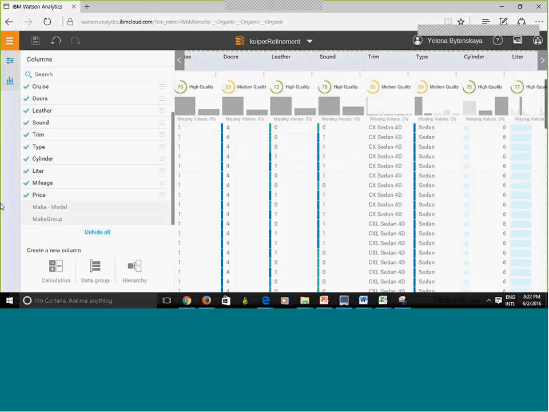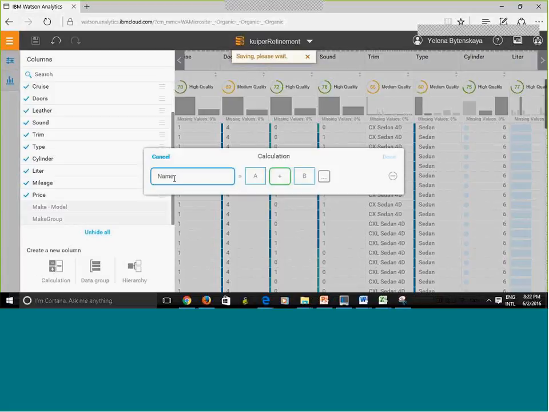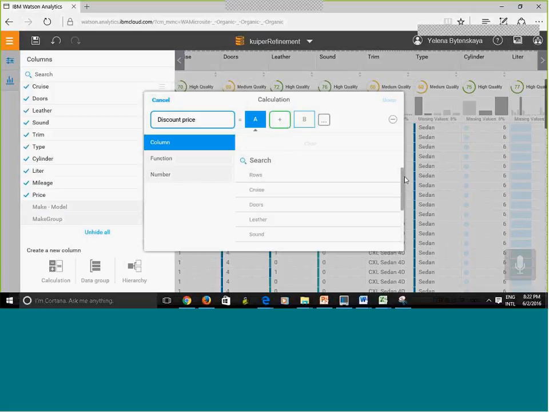What I could also do is create a new column, which is a calculation, and I can say, for instance, I'm just making it up, discount price. Now over here I click and I can select my column on which I want to define the function.